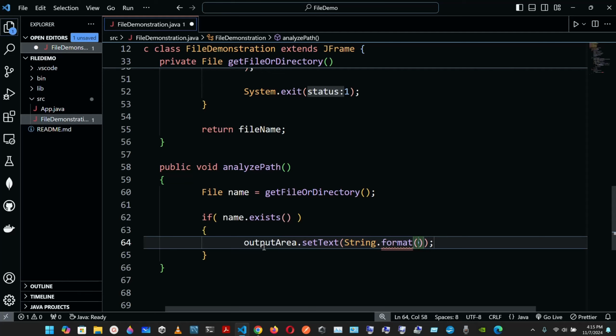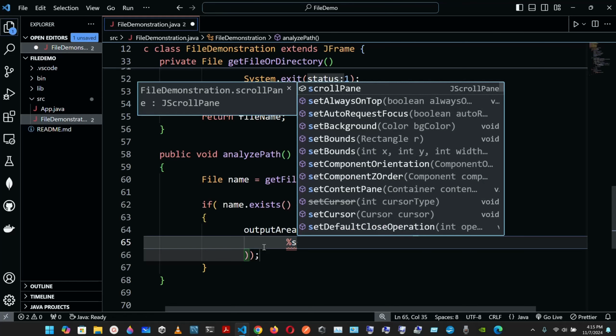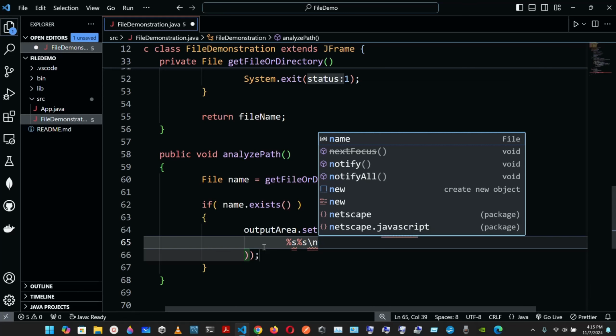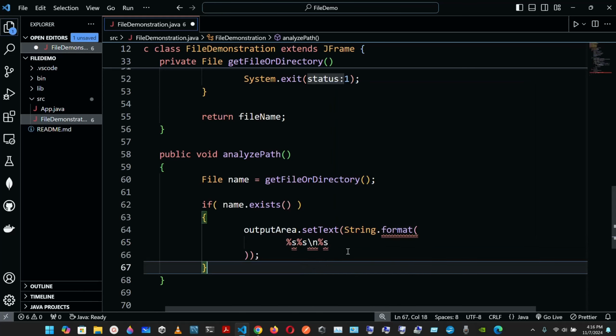Semicolon at the end, and inside of the parentheses of String dot format, we're gonna have the percent sign, lowercase letter s, percent sign, lowercase letter s, to the next line, percent sign, lowercase letter s. Format is String dot format. Okay,